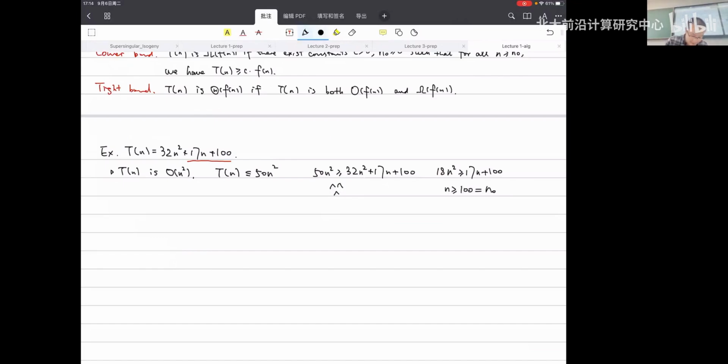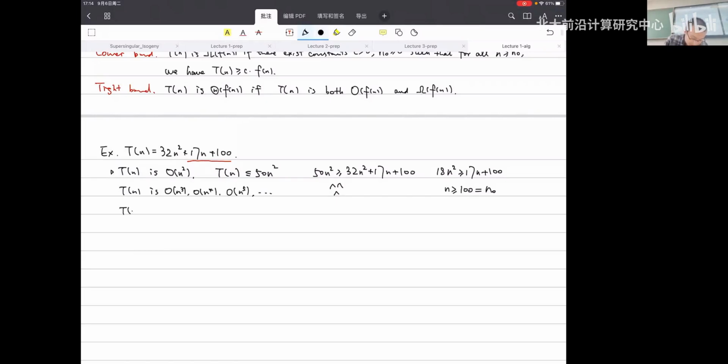And maybe we can also write something else. Given that T(n) is O(n squared), you can also very naturally say that T(n) is O(n cubed), O(n to the 4th power), O(n to the 5th power). Although I won't say these are super meaningful, they are literally correct, so you can just keep them in mind.